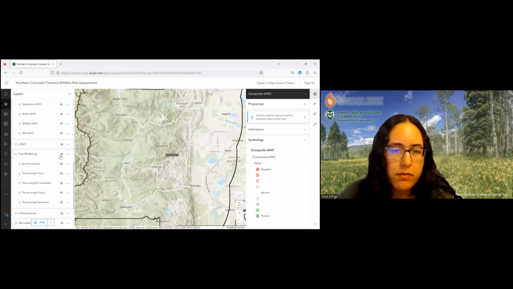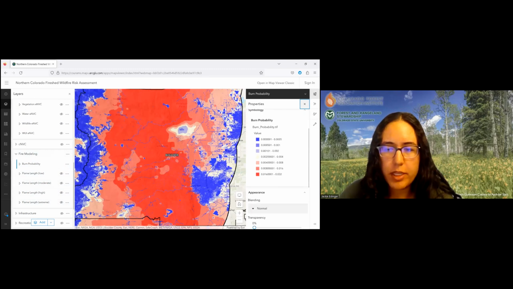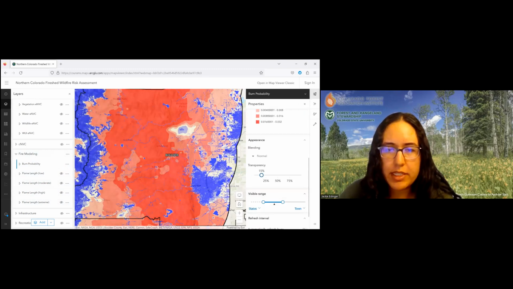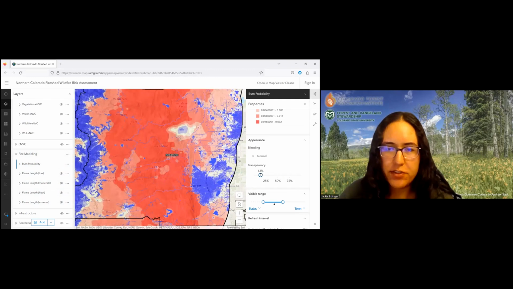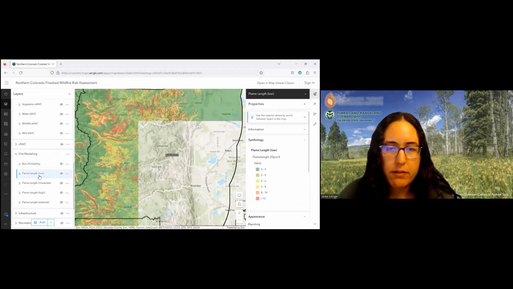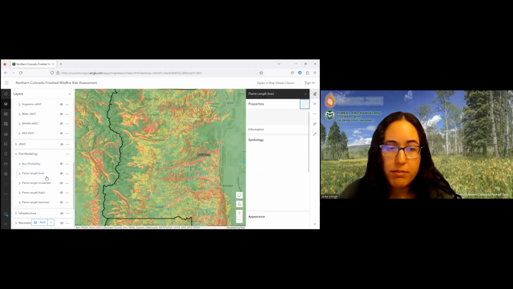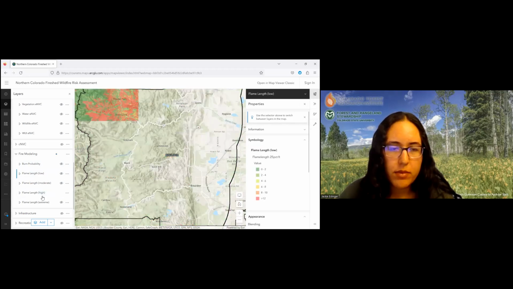I will show a few of our fire modeling rasters. So here's burn probability. Again, you can adjust the transparency and see how that overlaps with vegetation or wildlife or other HVRAs. And then we have fire behavior for different weather scenarios. So here's the flame length for the 25th percentile versus a more high